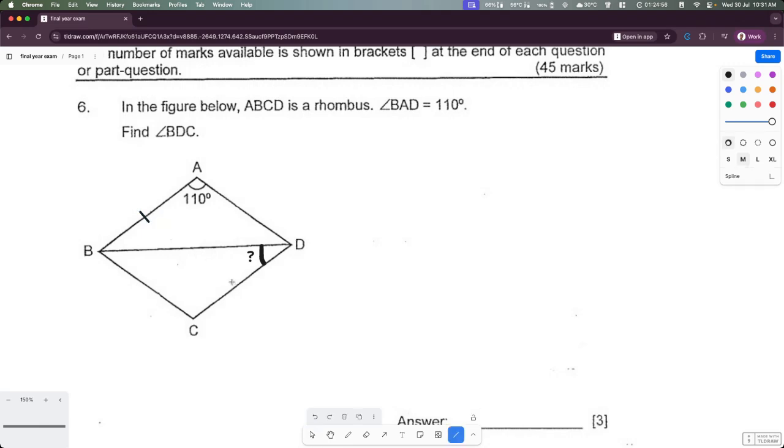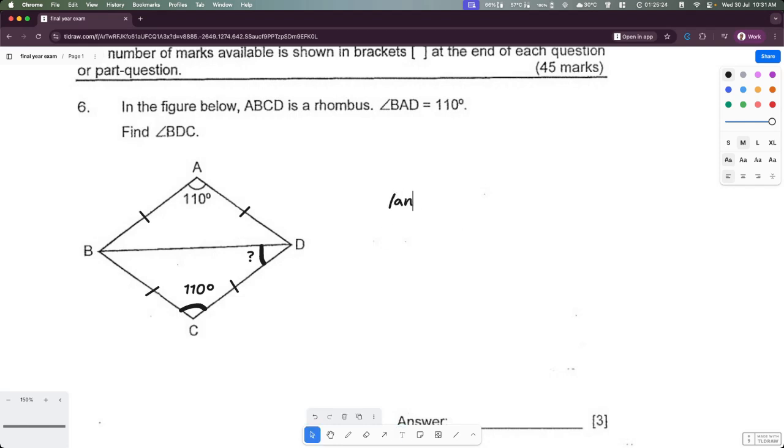So all sides are equal in this case, right? So what that means is this will be an equilateral triangle, and that means over here, this will be 110 degrees as well, 110 degrees, okay? 110 degrees. So then essentially, since two of the sides are the same,